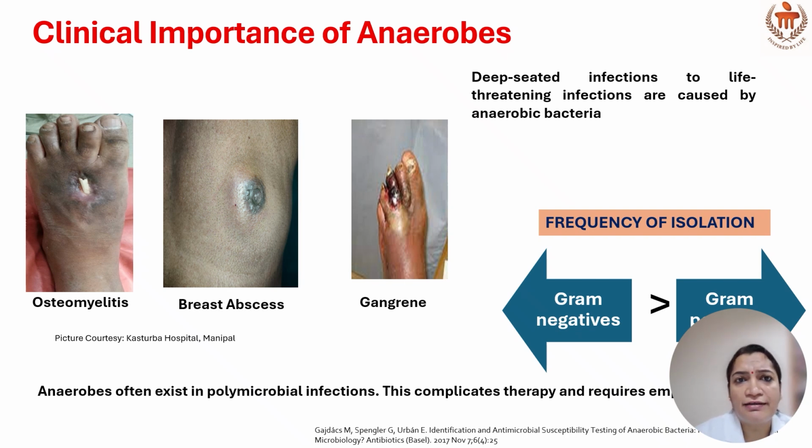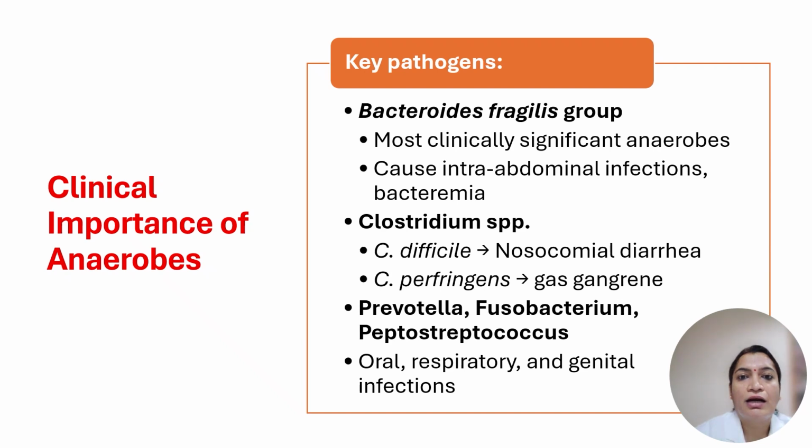Anaerobic infections are always polymicrobial in nature, which complicates the therapy and requires immediate empirical coverage. If you look at the frequency of isolation of anaerobic organisms, gram-negative organisms are more commonly isolated than gram-positives in routine cultures. Among the gram-negative key pathogens, the Bacteroides fragilis group is the most clinically significant anaerobic organism, often associated with complicated